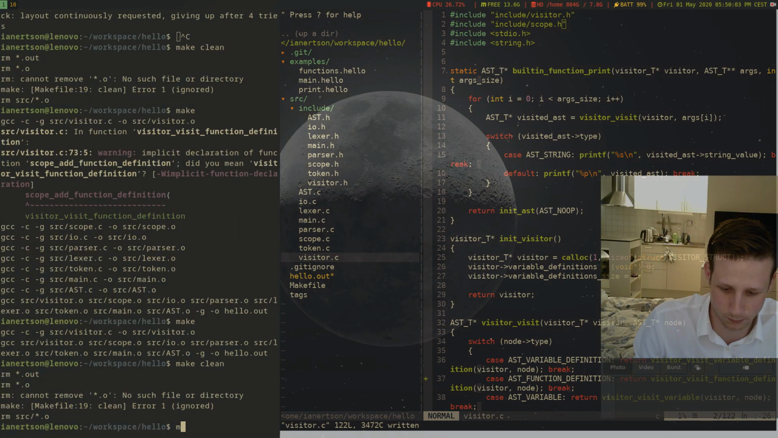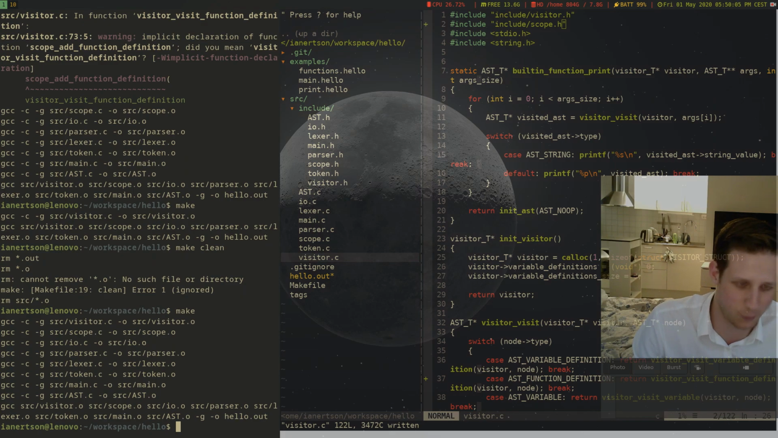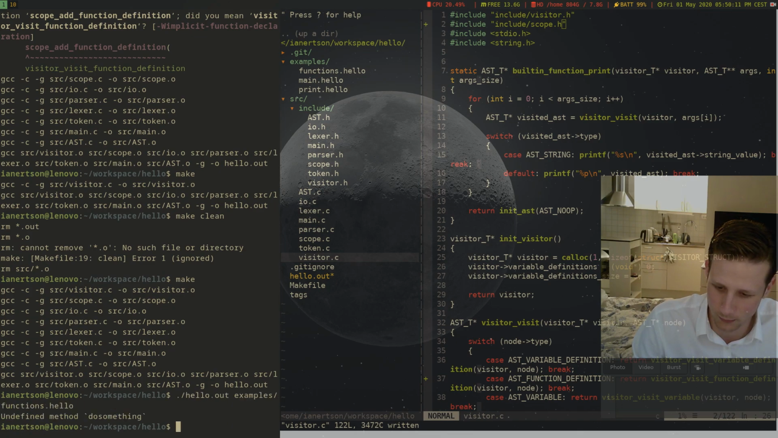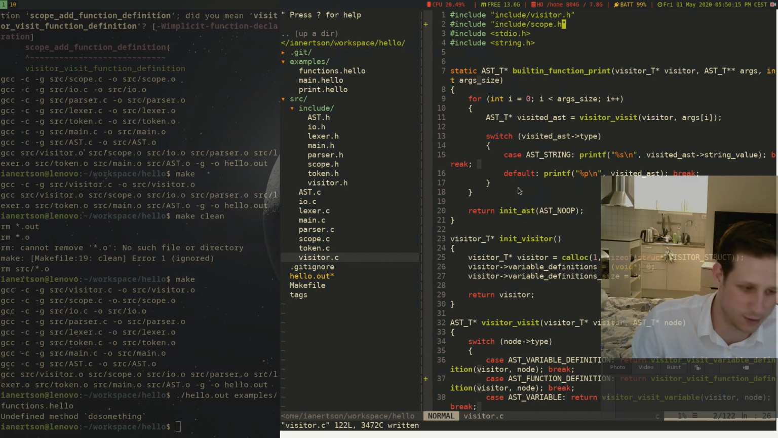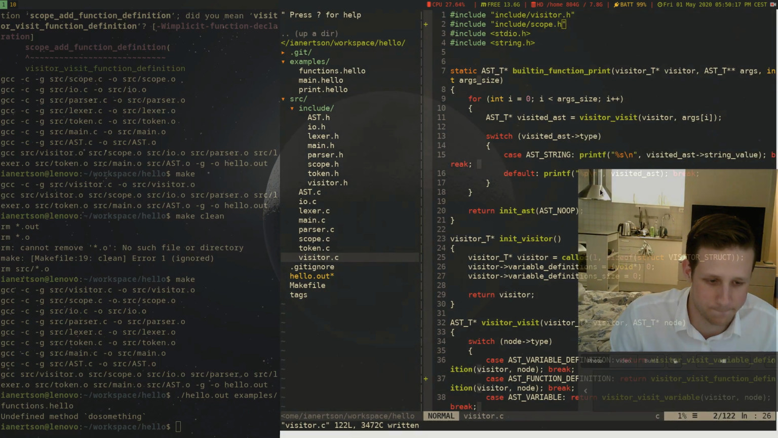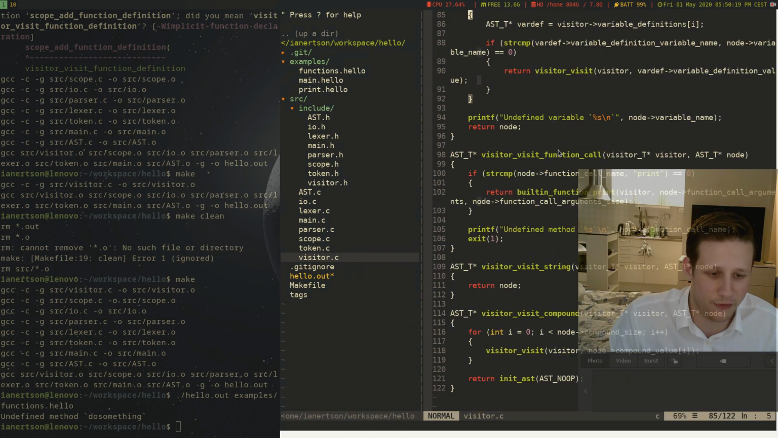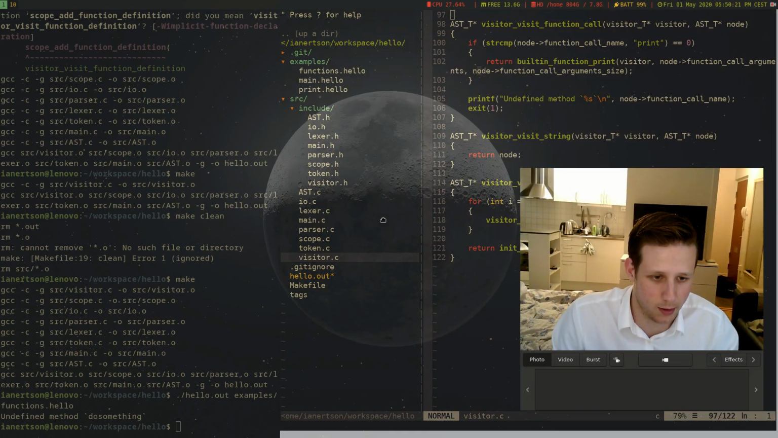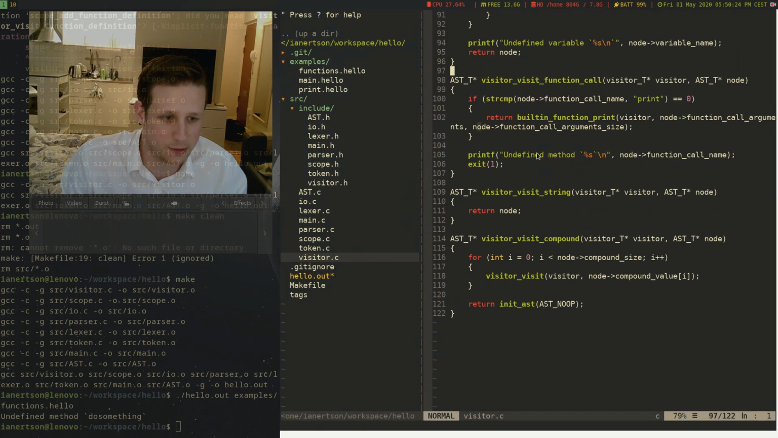There we go. So let's just see if we can run this now without errors. Cool. So we're just getting undefined method do something. It didn't crash or anything, so that's good. So now in our function call, we just need to look up this function, okay? So what we can do here is basically,